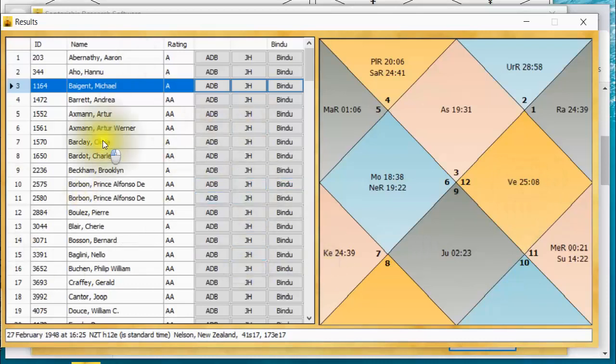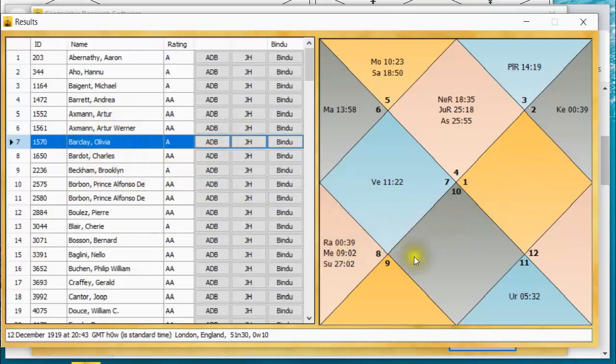There's another name I recognize, Olivia Barclay, by coincidence, another British astrologer. Jupiter in the 1st, exalted in Cancer, Venus in the 4th in its own sign in Libra. So Jupiter forms Hamsa, Venus forms Malavya. That's a beautiful one. Yeah, I knew she was there already because I'm using her as a chart example in something else I'm working on. So far, so good. 2 writer astrologers, Brahminical disposition.